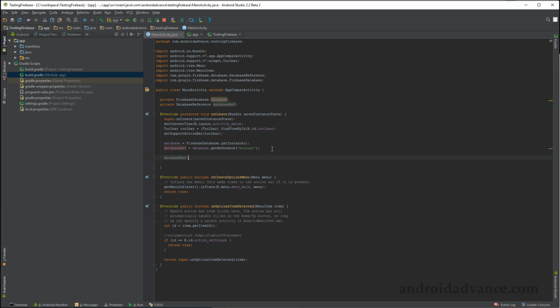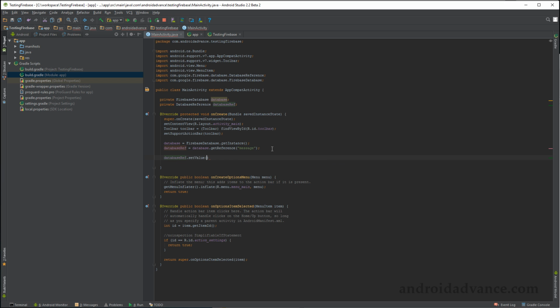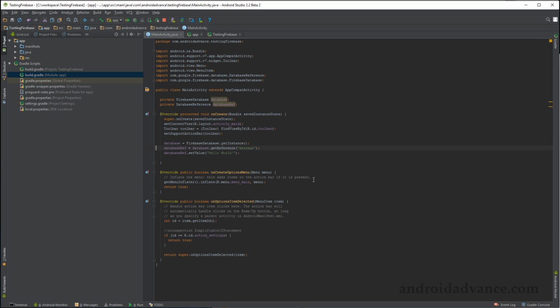So this database reference, we will set a value of hello world. So with only these 3 lines of code, we need an instance of the database, we need a reference, and inside here we have to pass a sort of key, and with this reference you can set a value. Now if we run this application,